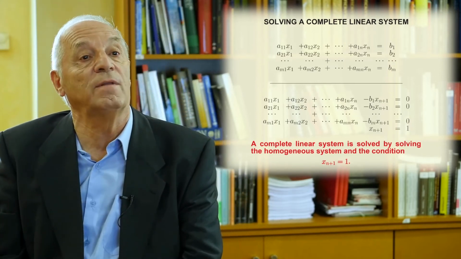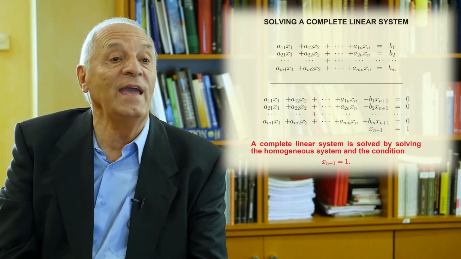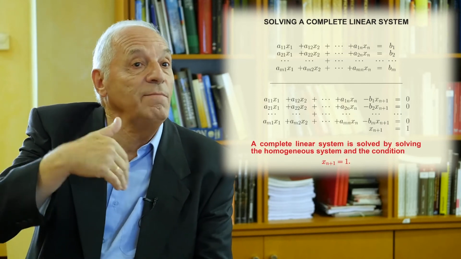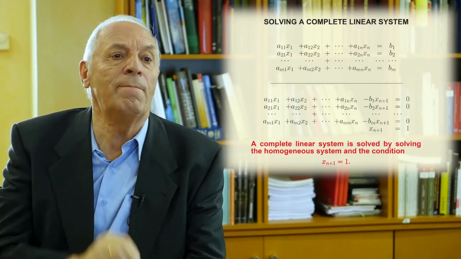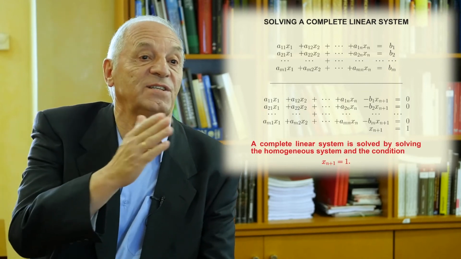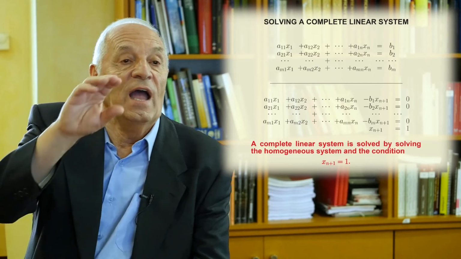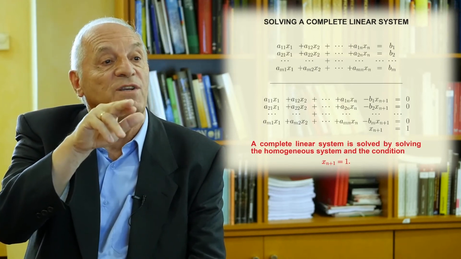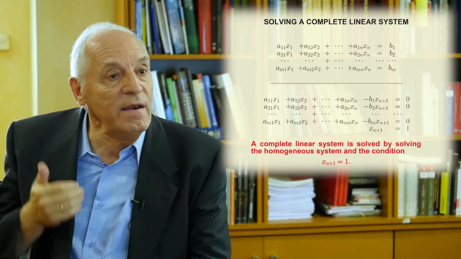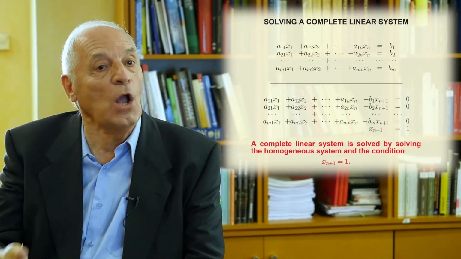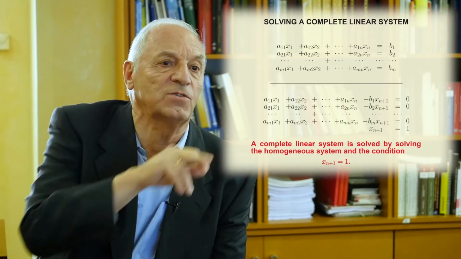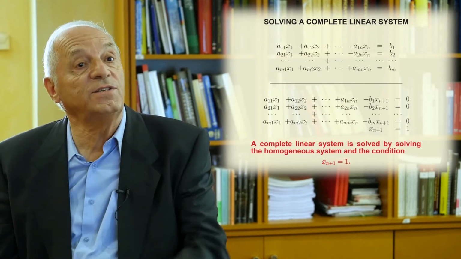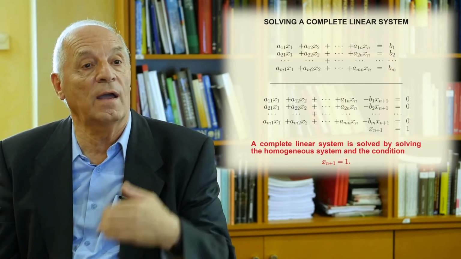I have a homogeneous system. But because I have multiplied by xn plus 1, this system is not the same as the previous one, unless xn plus 1 is made equal to 1. If xn plus 1 is made equal to 1, then the system is the same. So what I do is, I solve first the homogeneous system of equations, excluding the last equation, and then from that solution, I take only those solutions that satisfy that xn plus 1 is equal to 1. So this interesting idea of thinking in a new, artificial unknown allows us to solve the problem.